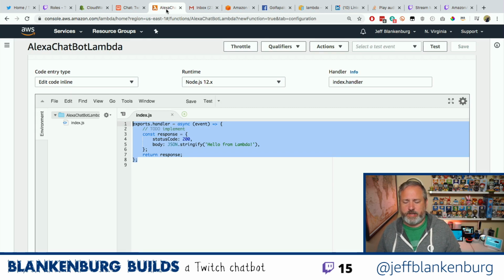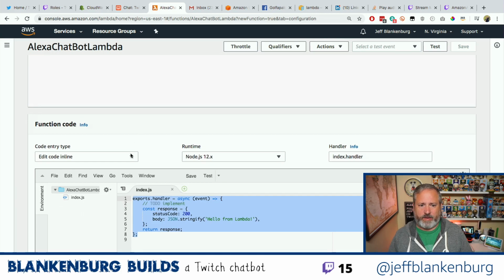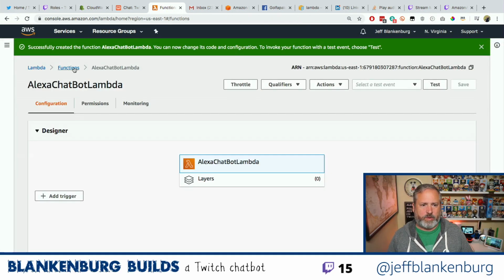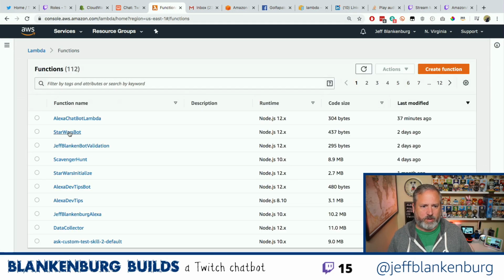So there's a couple of things here that I'd never done before. The first one is that, outside of the Alexa ecosystem, I had never ever updated a Lambda from the CLI. What I generally do with a Lambda function when I'm working with them is that I'll have written some code locally and then I'll just upload a zip file. But I don't want to do that. I want to be able to upload this code right from the command line as I'm working on it. And so what I want to do is come into here. I have a Star Wars bot.